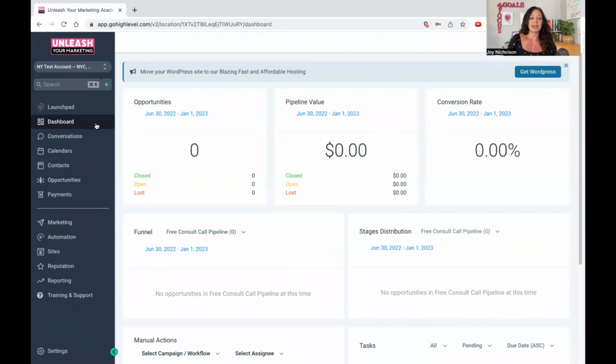Okay. So on the left-hand side, you have Launchpad, dashboard, conversations, calendars, contacts, opportunities, payments, marketing, automation, sites, reputation, reporting,